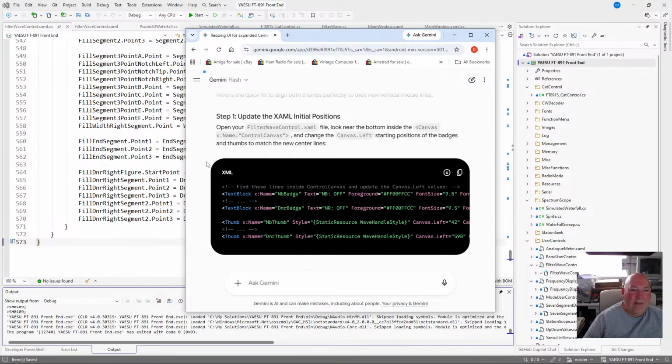Open your XAML file. Look near the bottom inside the canvas. Xname control canvas, and change the canvas left starting position of the badges and thumbs to match the new center line. Find these lines inside your control canvas. Right, so I need to find